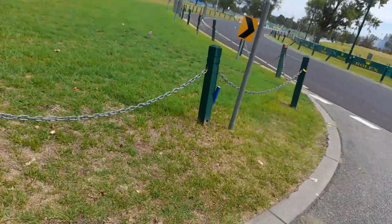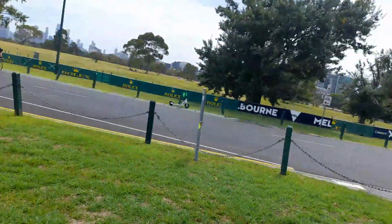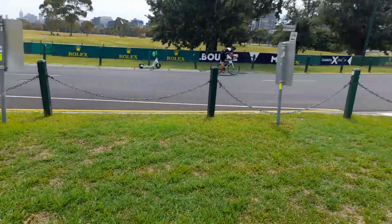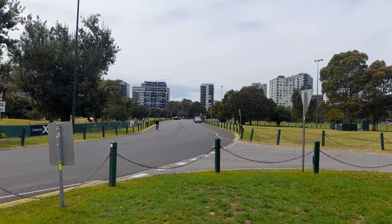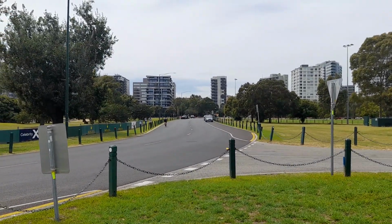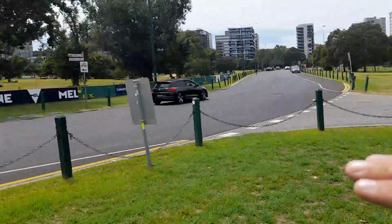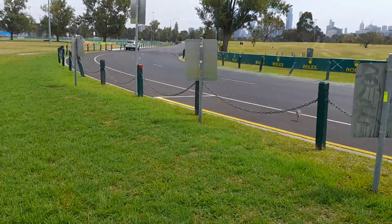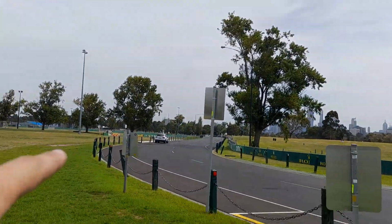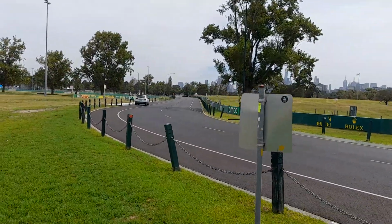If we can get a good angle, you'll find the changes to the exit from 11 here. So I think if you look at that, it used to be a little bit straighter, but you can see the curve as you come around towards the outside for the apex of turn 12, and you can see the concrete where that car is. That is the exit strip. So yeah,